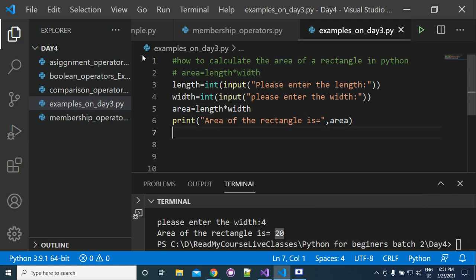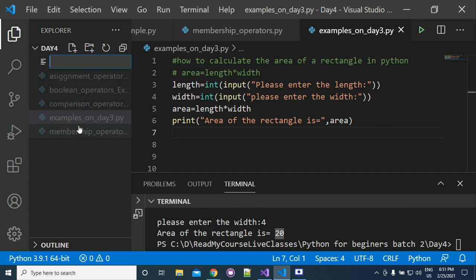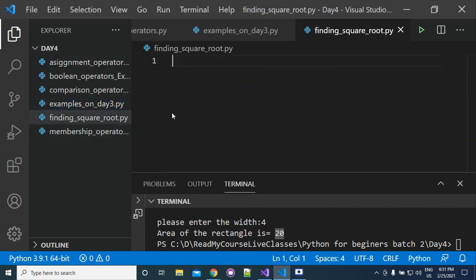So the next program we are going to cover is finding square root. If you want to find the square root, what is the formula of square root?